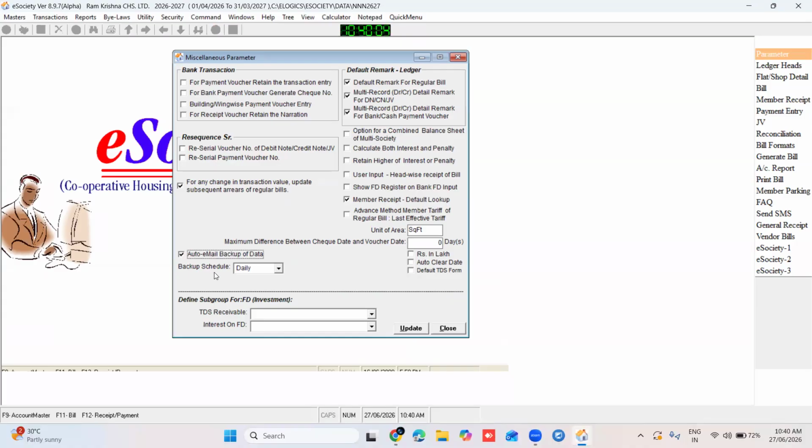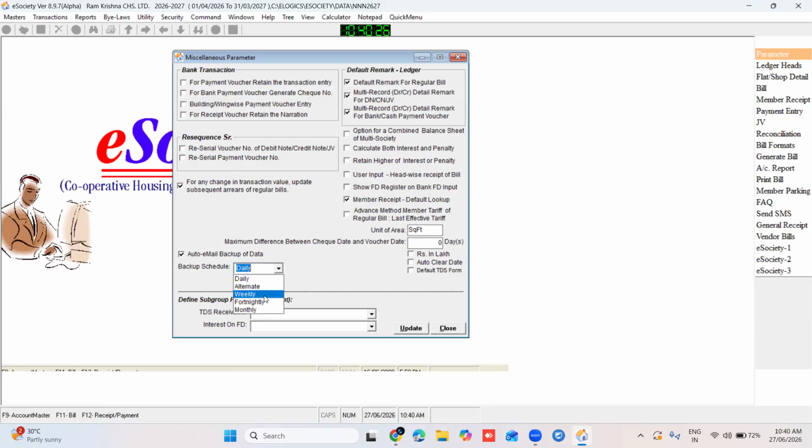Now here in backup schedule, we have provided the option of daily, alternate, weekly, fortnightly and monthly. Daily backup means the data will be backed up every day. When you select the schedule as alternate, a backup will be created every alternate day. Now third option is weekly.